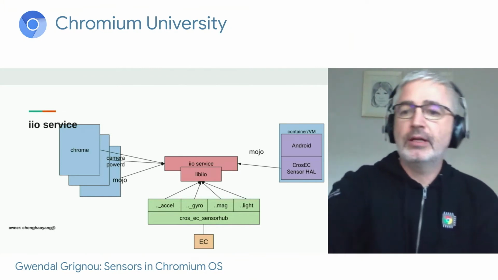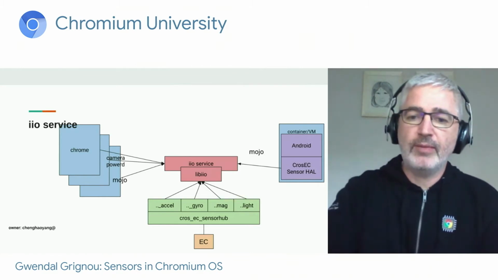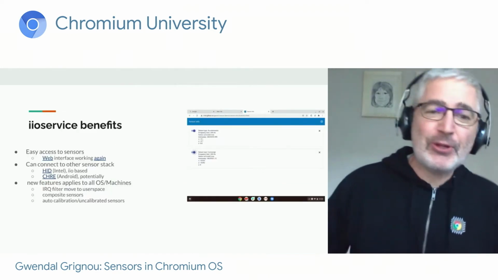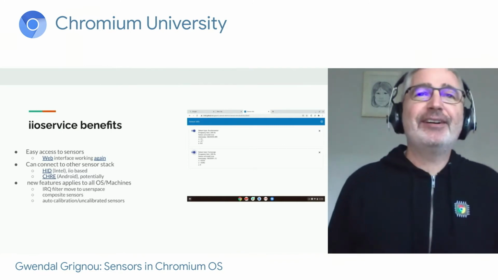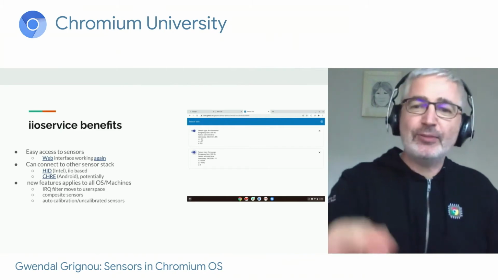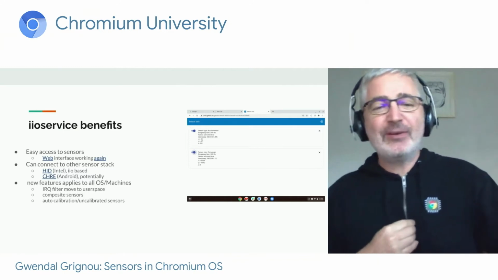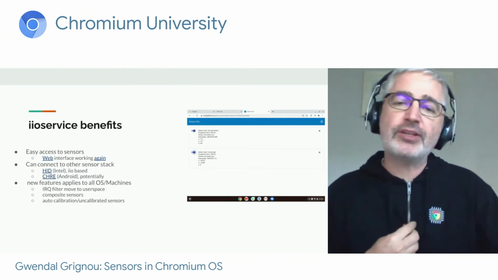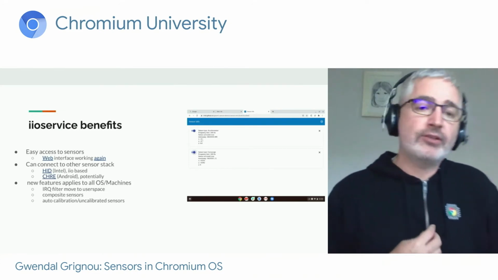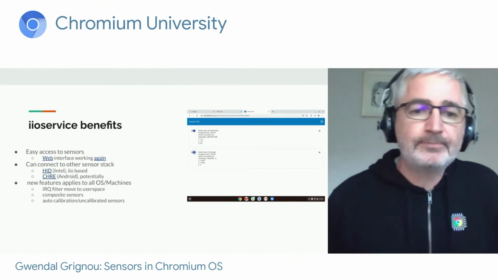We can also use the Mojo interface to connect to RPM. And one benefit is, as I said earlier, the flex sensor. It's still in demo mode, but I took a screenshot. With this service, we will be able to access sensors from web applications using the web API Generic Sensor. And there's a website which demos some applications, and we can gather data.